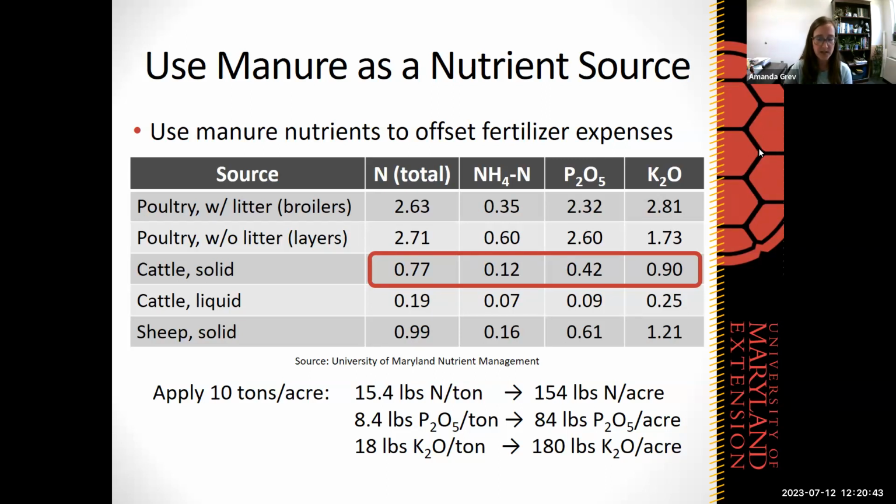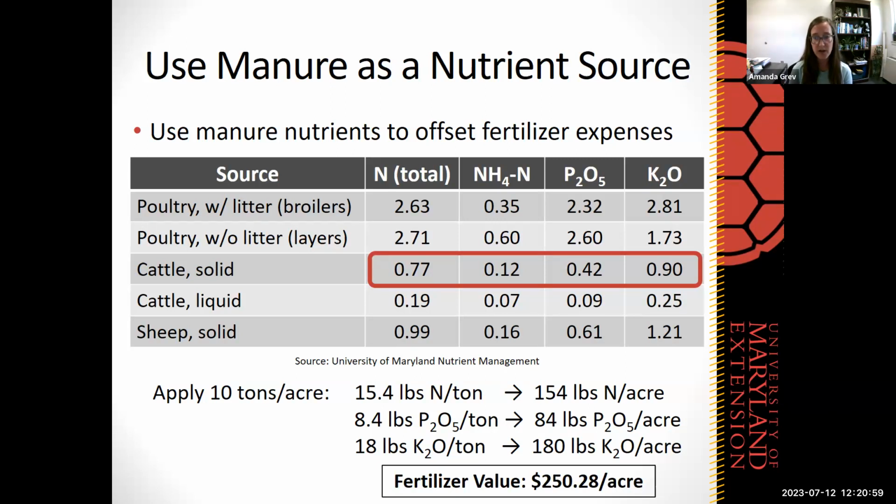at less than 1%. And if we take those same expenses per nutrient that we've been using for the whole presentation, we end up with a total fertilizer value from that application of $250.28 per acre. So you can see it is a significant savings and is a significant source of nutrients for